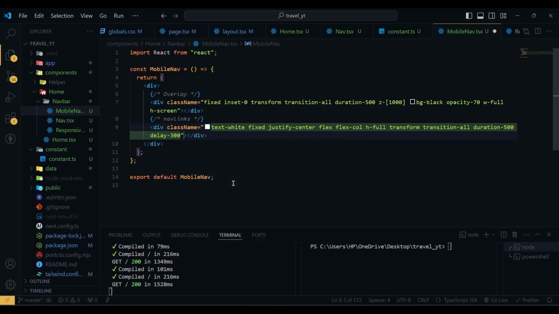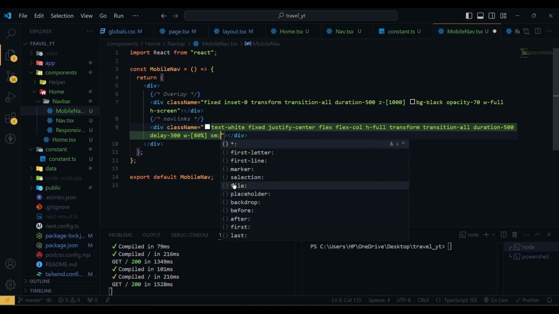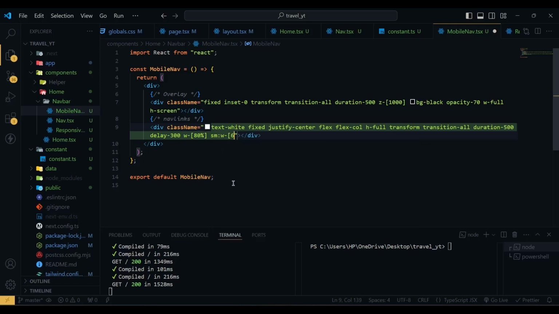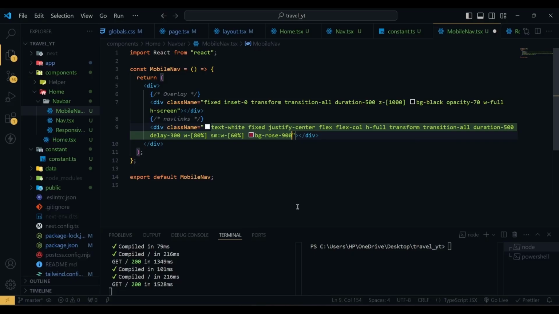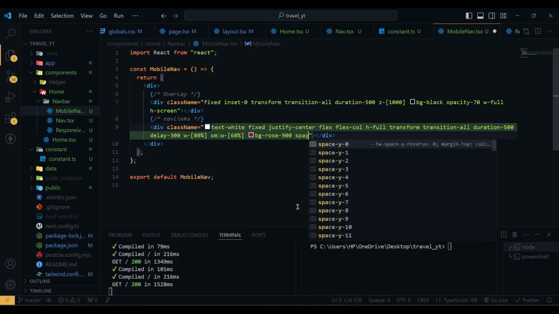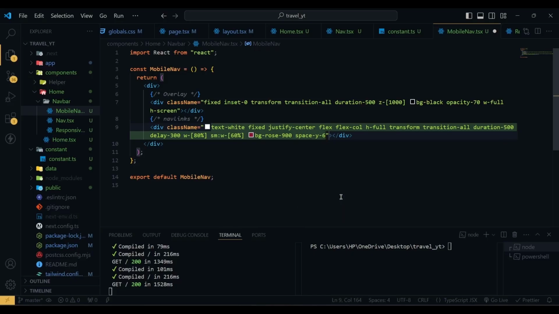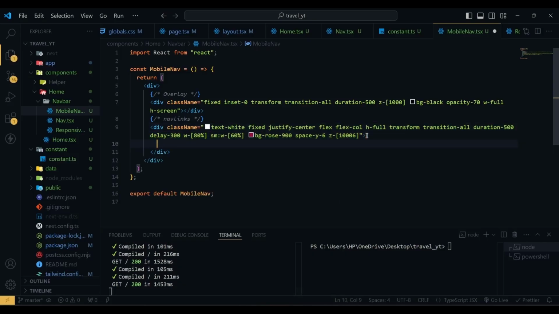So the delay will be 300, width will be 80%, and in small and large screen width will be 60%, and background will be rose 900, and space y will be 6, and z index 106. Now I'm going to hit save, and then inside this div we are going to use our nav links